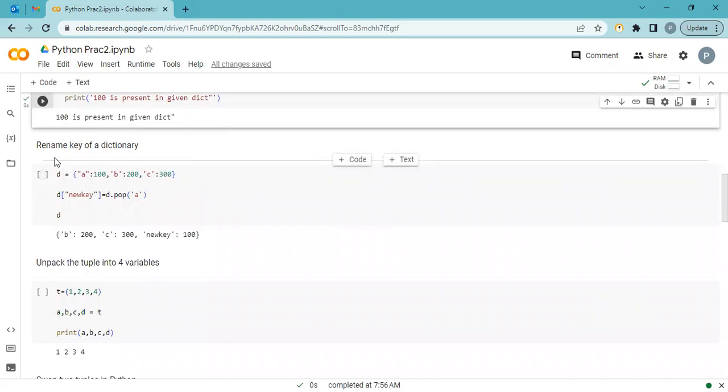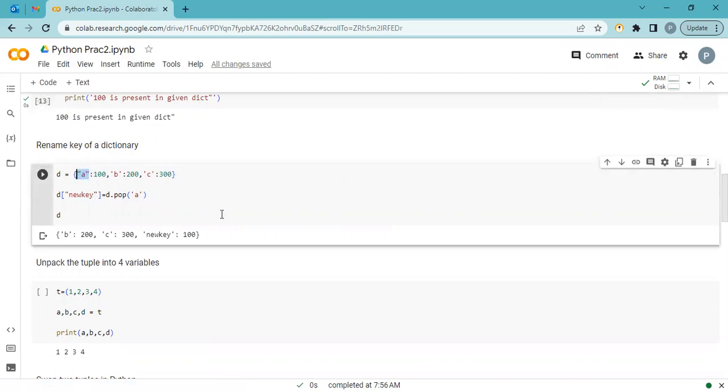Now the next example: rename a key of a dictionary. I want to replace the key name. In this example, we can see A, B, C are the keys, and 100, 200 and 300 are the values. I'm creating a new key, replacing A with the word new key. That's my new key. So now what do I do here? The new key equals